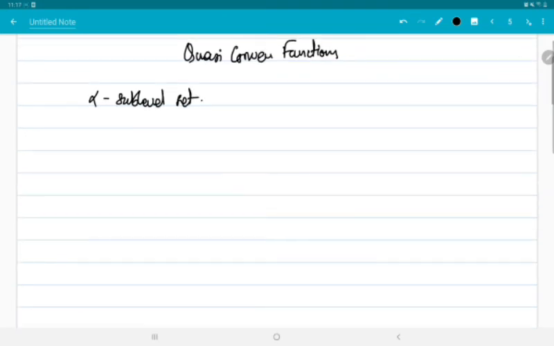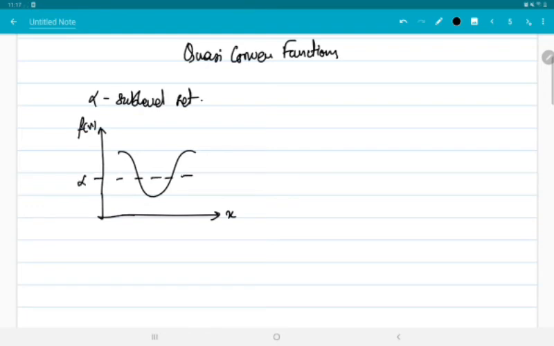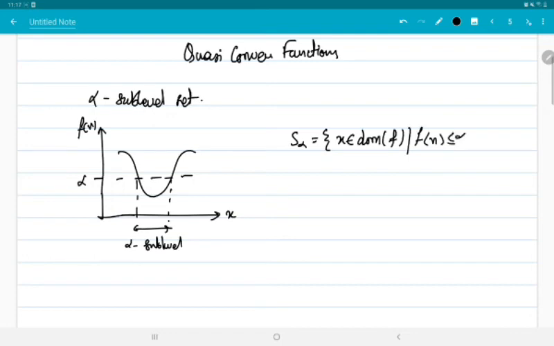If we have a function f of x, then an alpha sublevel set is the set of all x values in the domain of f such that f of x is less than or equal to